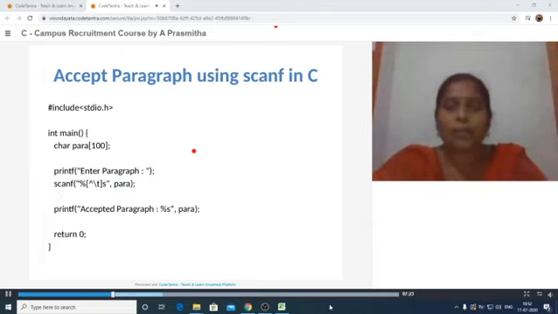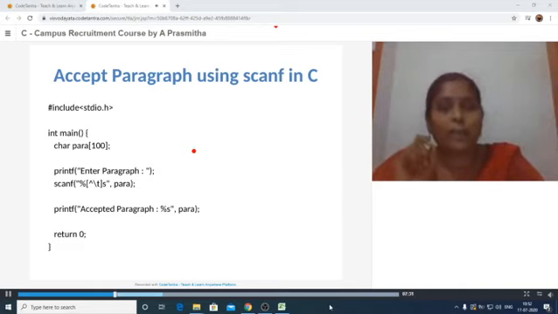Normally a character array is called a string, and in C we can read strings using the %s symbol. The problem with the %s symbol is that it will read the data only up to the first space. After that it won't accept the characters.